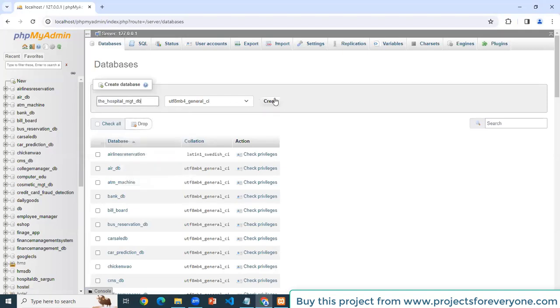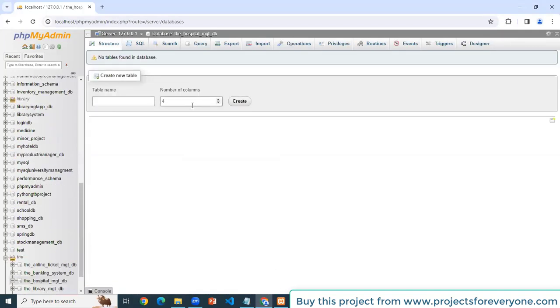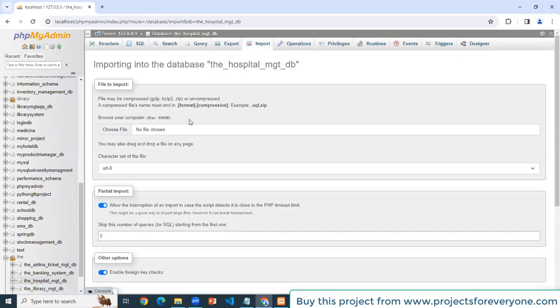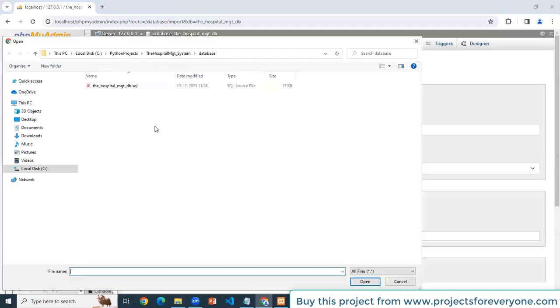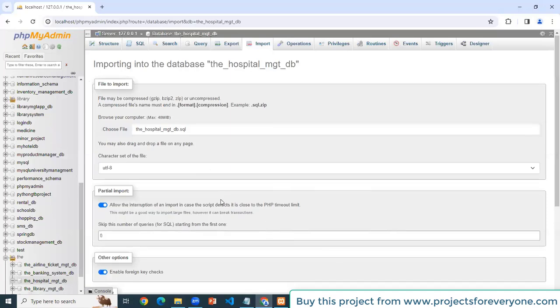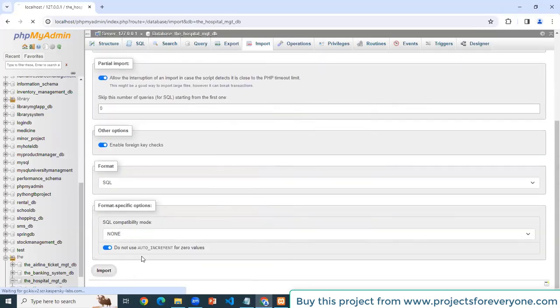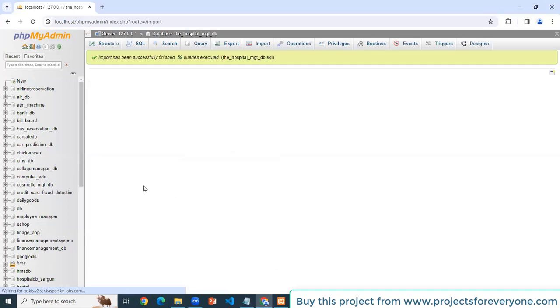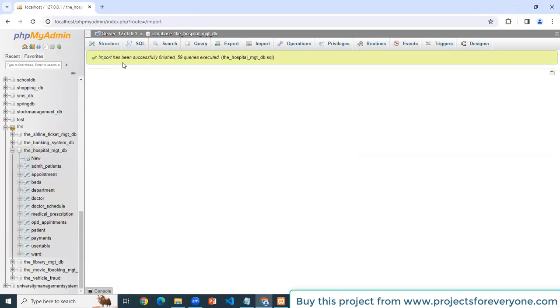Create a new database of that name. To import all data, choose the file. Now click on the import button. You get all data and tables.